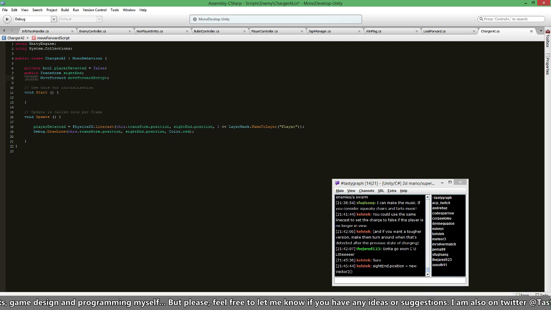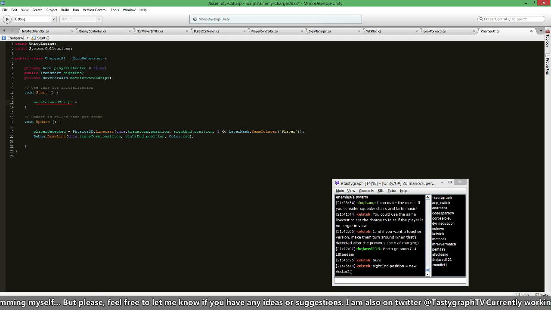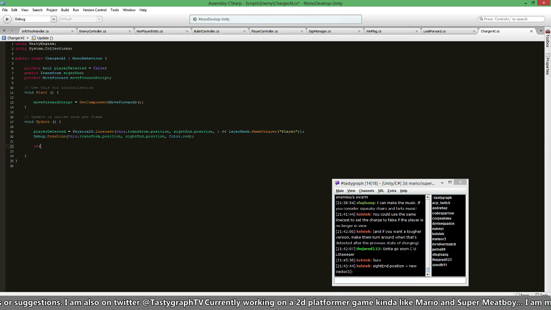And I could probably do with a private on that one. And then in the start, I'll set my move forward script to get component move forward, like this. And then I should be able to say if player detected, then